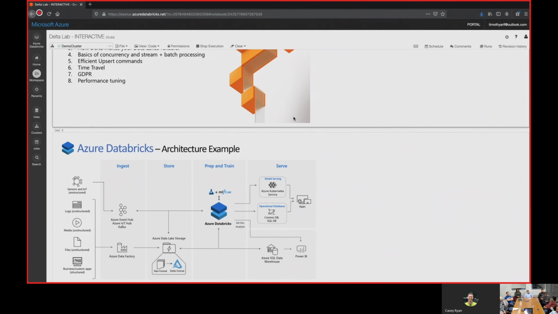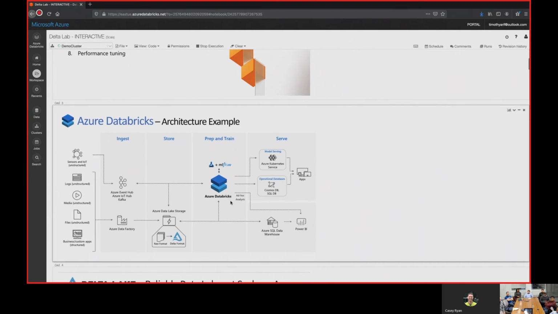Because some of the users are pretty much used to seeing the SQL way, like a table structure, and it's hard for them to connect to the parquet file. Yeah, exactly. That's why it still pops up in a lot of architectures. You can see here that Databricks is still outputting to the data warehouse, because there will always be some end user who needs to interact with the data using SQL, especially now with SQL data warehouse, and Azure Synapse, where you can interact with it with T-SQL, one of the recent updates. Keeping that in line for a lot of the end users, business analysts, systems analysts, and data analysts is really beneficial.